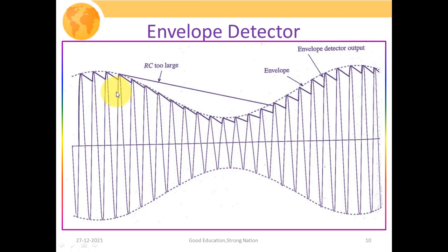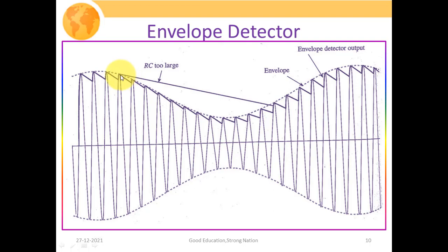So it is good that RC, or the time constant, is much larger. But this particular figure is also showing that too large a value of RC, or time constant, is also not desirable. Why is it so? Because if the time constant RC is quite large, our capacitor will take a larger amount of time to charge or to approximate that incoming signal voltage, and it is also going to take a much larger amount of time to discharge.